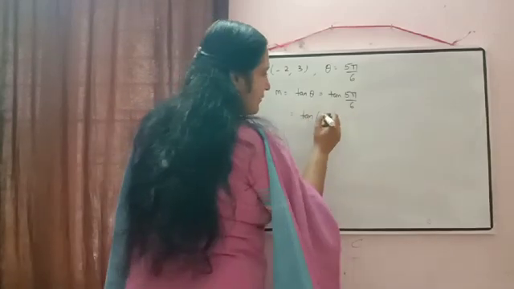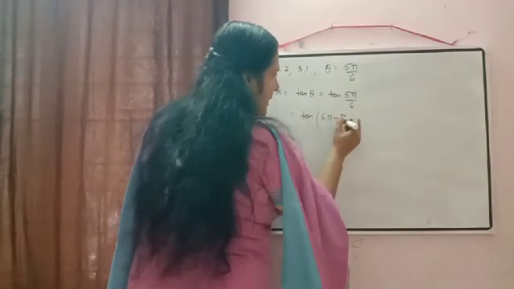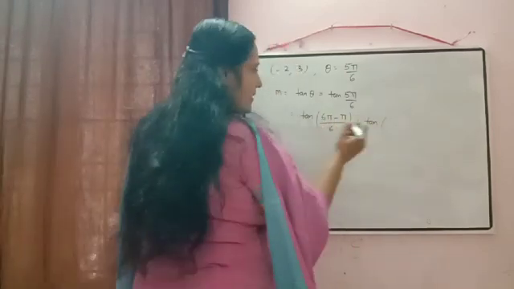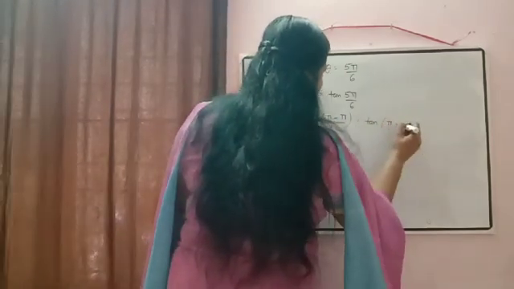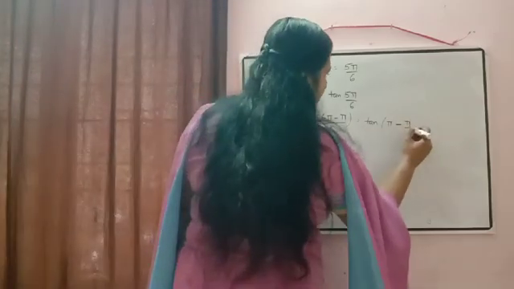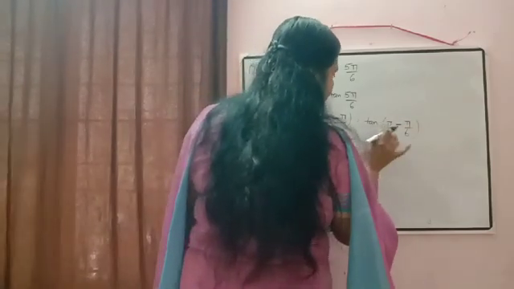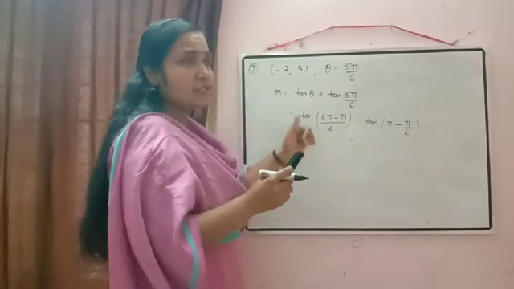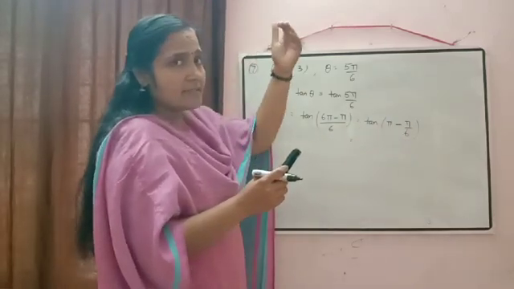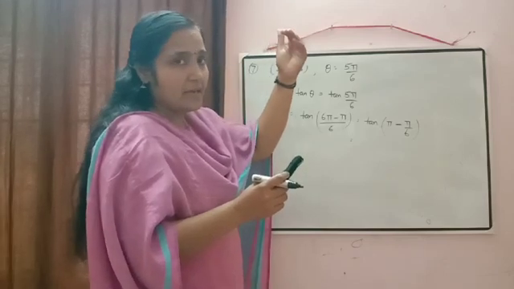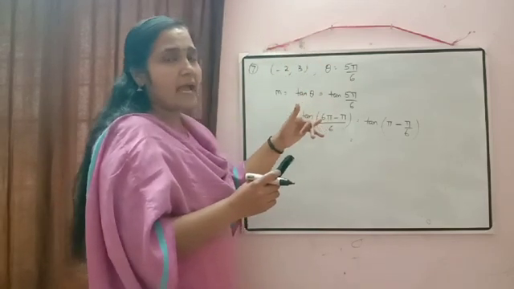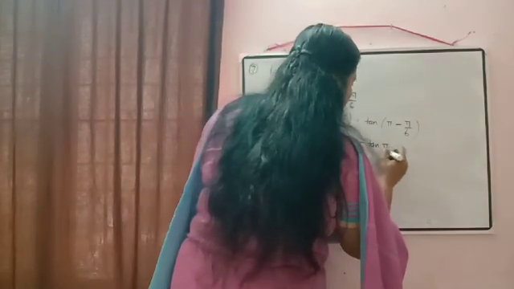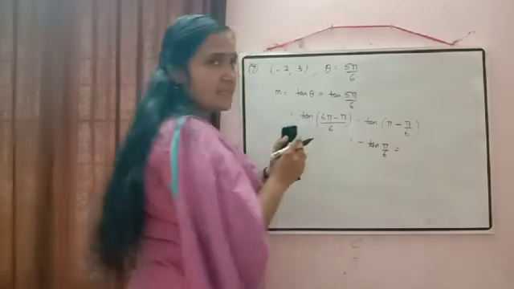How can we rewrite it? 5 pi can be written as 6 pi minus pi by 6. Now write separately: 6 pi by 6 will be equal to pi minus pi by 6. Pi means it is 180 degrees. So tan of pi minus pi by 6, it will be in which quadrant? Yes, 180 minus something means that will be in the second quadrant, and in the second quadrant tan is negative. So it will be equal to minus tan pi by 6. Pi by 6 means it is 30 degrees.